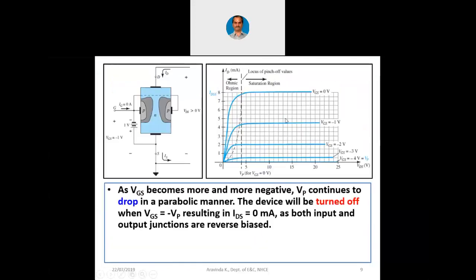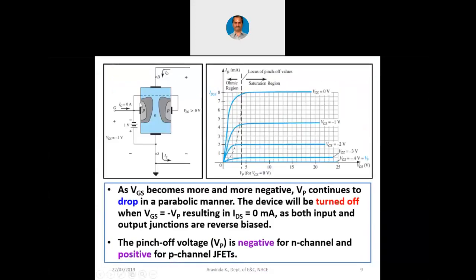I will show you here. In this case, this can be P and outside around the device it can be N. Then we call it a P-channel device. In that case, the directions of all the power supplies will be opposite. But then also we will use it as a switch. So, in a P-channel device, holes are the carriers. In an N-channel device, electrons are the carriers. There will not be any gate current at all here. That is why this device is unipolar.